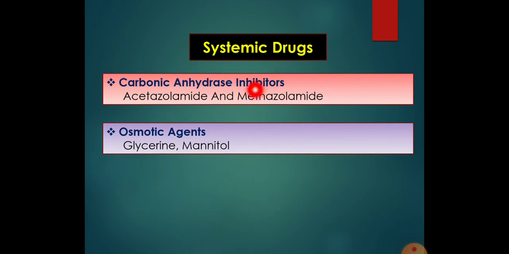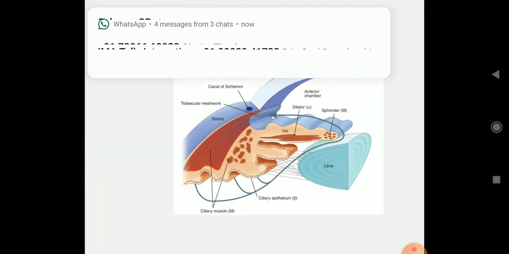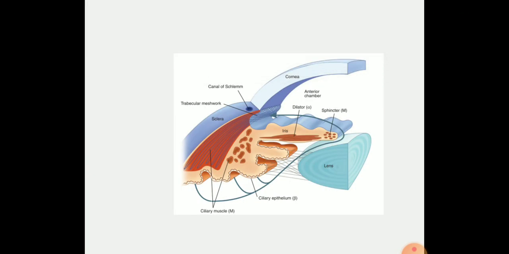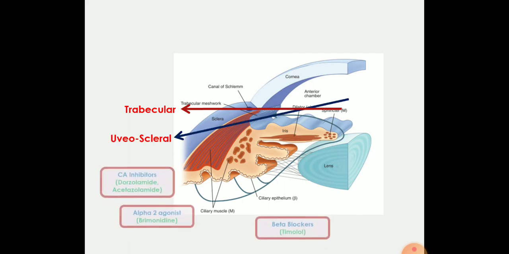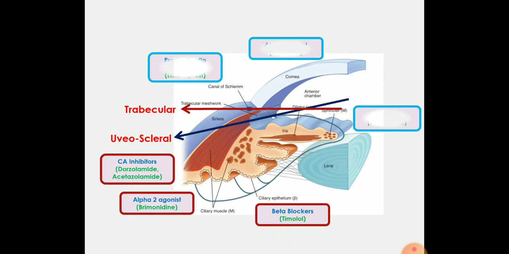There are systemic drugs like carbonic anhydrase inhibitors and the osmotic agents like mannitol and glycerin. In case of angle closure glaucoma or narrow angle glaucoma, the individuals have a narrow iridocorneal angle and shallow anterior chamber, and the intraocular tension remains normal until an attack is precipitated, usually by mydriasis, and then rises rapidly to very high values. It is an emergent condition, and marked congestion of the eyes and severe headache are characteristic of this.